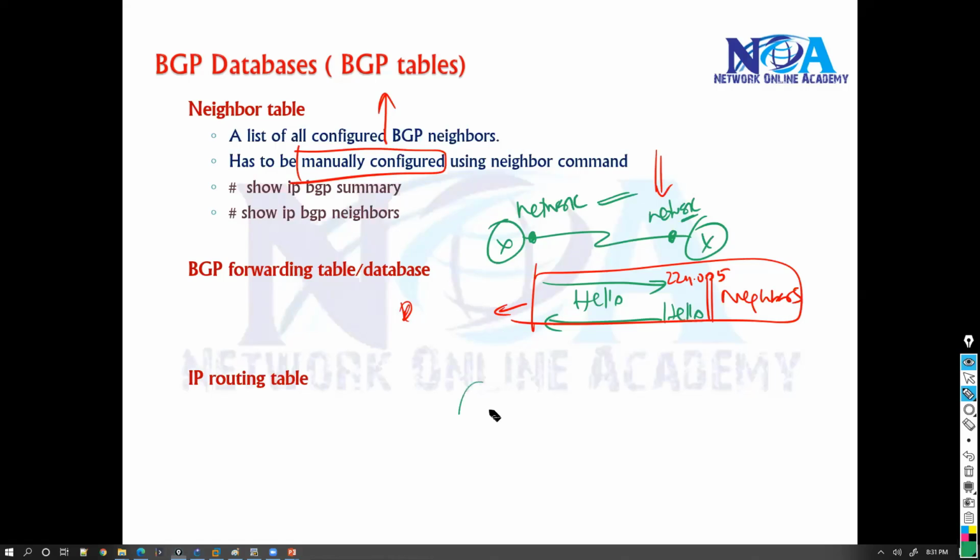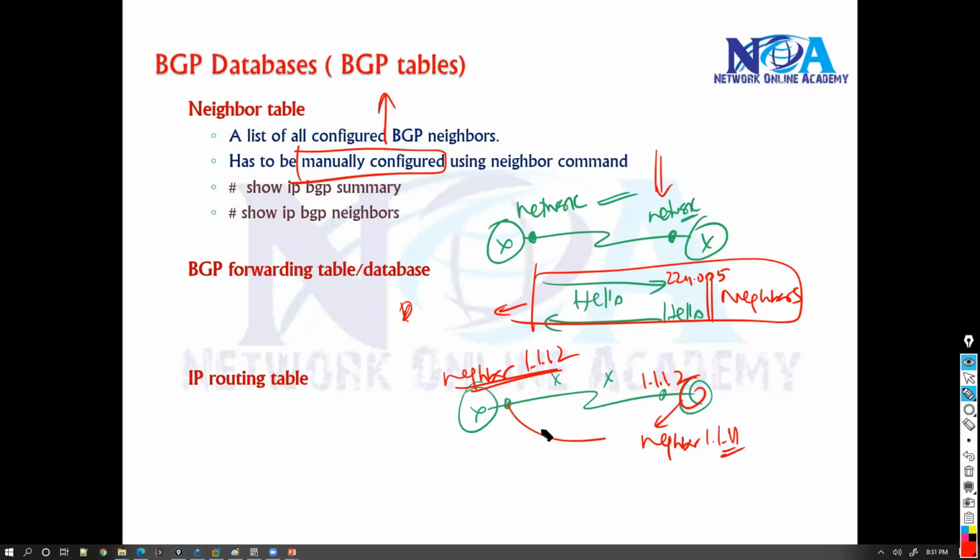In BGP, you cannot say that I'll go and advertise this interface. They don't form the neighbors. We have to manually configure. We need to go to this router, and let's say the IP address is 1.1.1.2. So we have to give the neighbor command on router 1. And also we have to give the neighbor command on router 2 to form the neighbors. We call this neighborship unicast neighborship. So in the unicast neighborship, we are going to manually configure the neighbors on both sides,